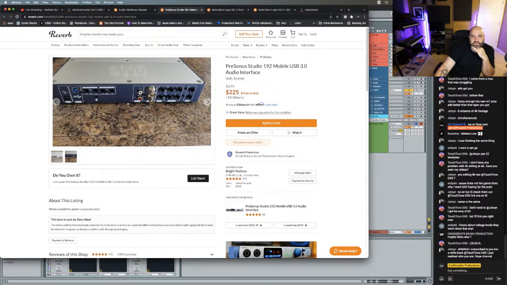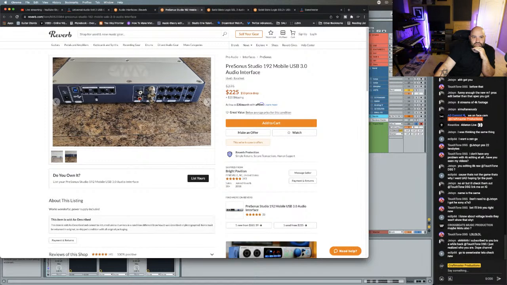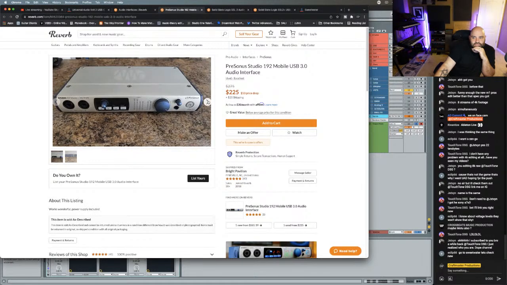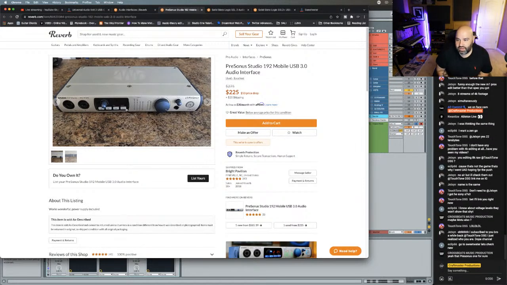This is a badass interface. Expandable with 16 ADAT channels. For 225, bro, this is nuts.